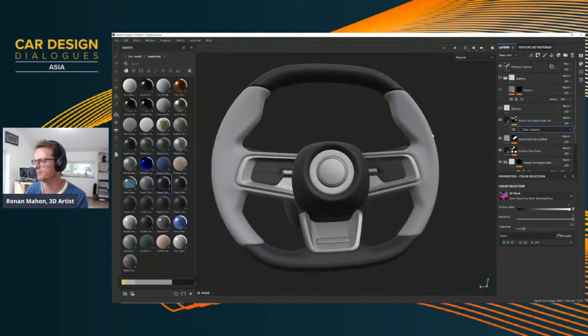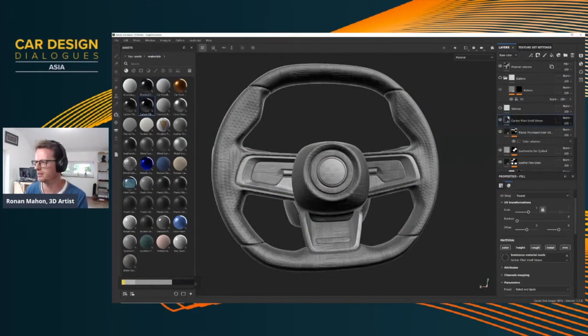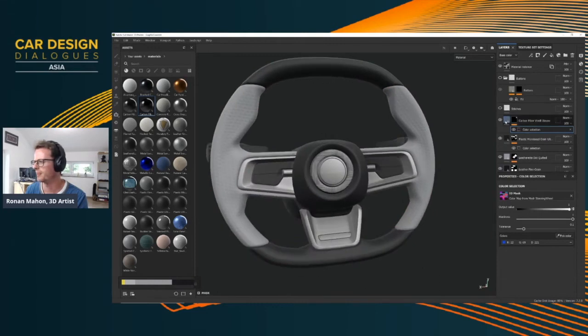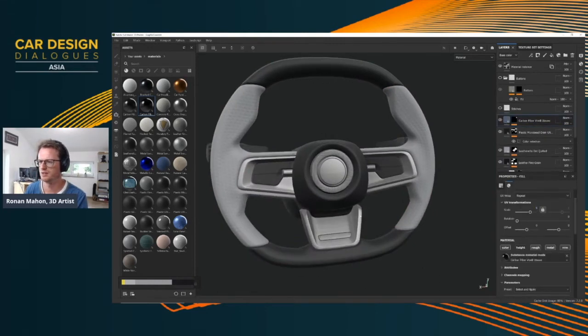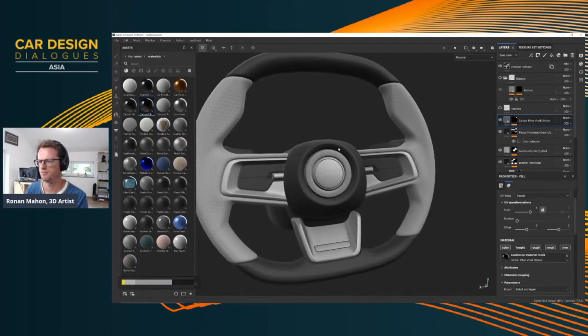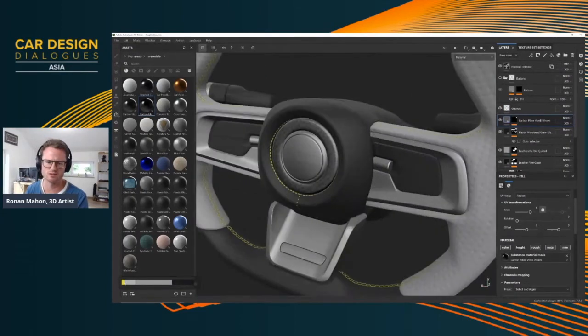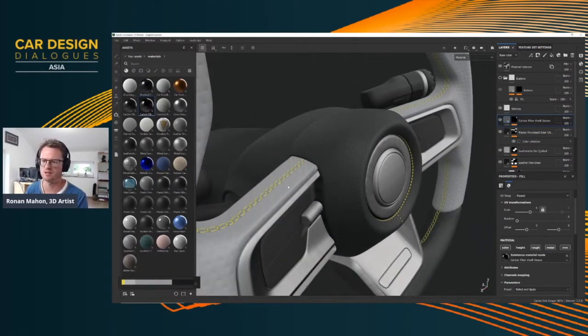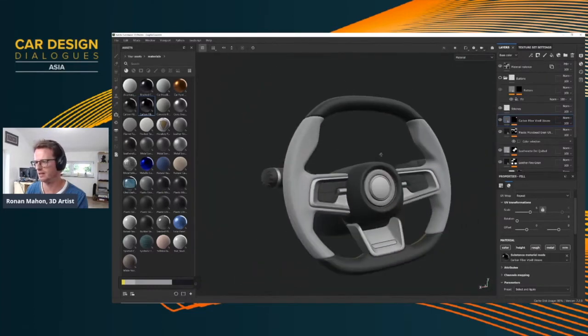Seems fun to me. And perhaps some carbon fiber for this little intersection. Okay, so we've got carbon fiber in there. Finally, I've added some stitching here. I'm just going to turn on that layer. So the accent color that Anais used was this nice yellow, and I've just applied that with a stitching brush. I'll show you a little bit more on that later.